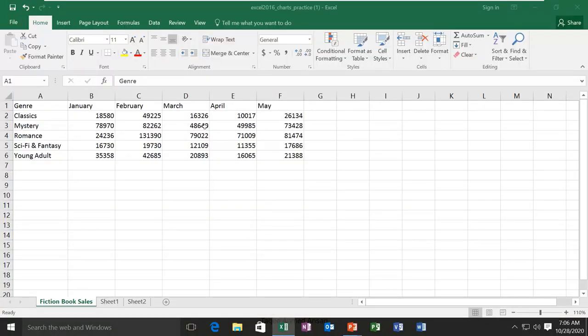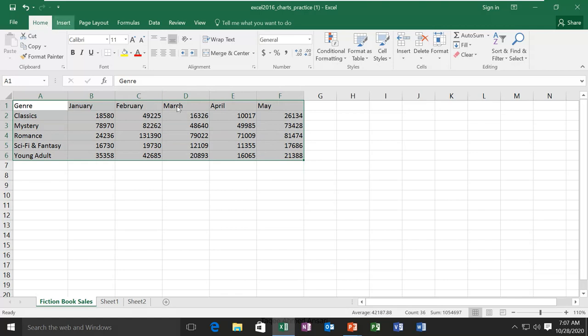So I have data here, just not a table, but I want to convert it into a table. You see they have a header row which indicates the data in that column. We have January here, we have January prices, February, March and all. So I select the range,